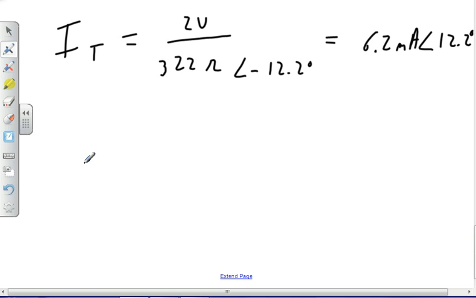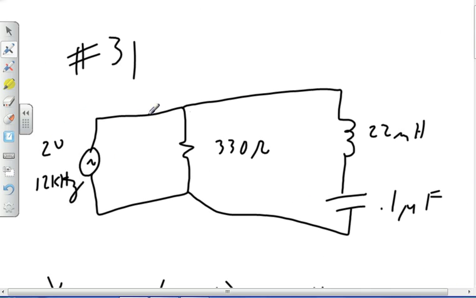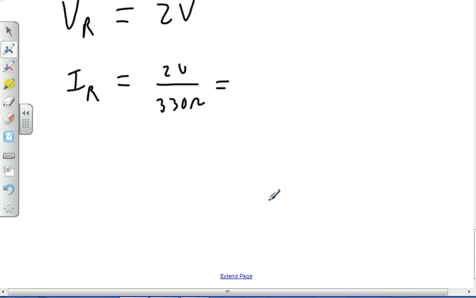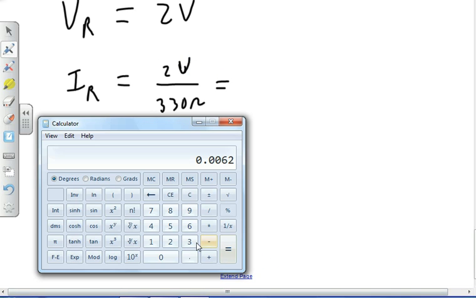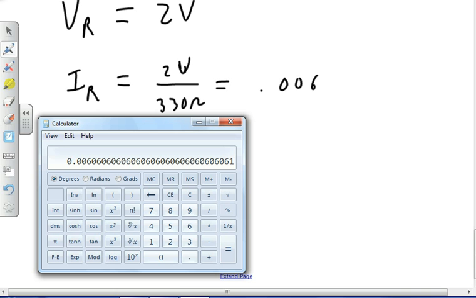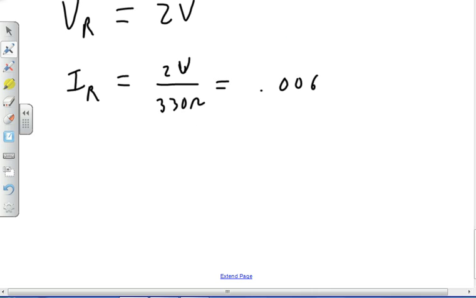I'm going to go way out on a limb and say the voltage across the resistor is going to be 2 volts. Anybody disagree with that? Yeah, it looks like it, right? 2 volts. All right, so we got that one. Now that I know that, I can find the current through the resistor: 2 volts divided by 330 ohms. 2 divided by 330 is 0.00606. We'll call it 6.06